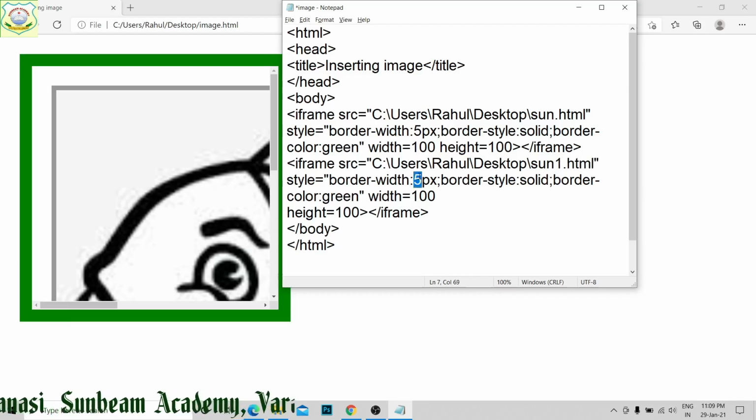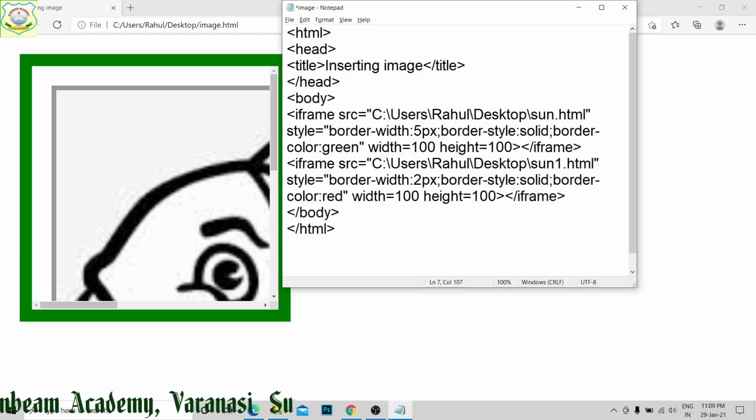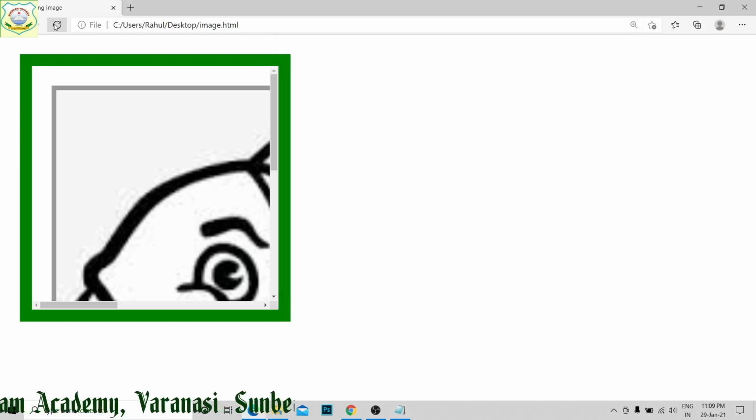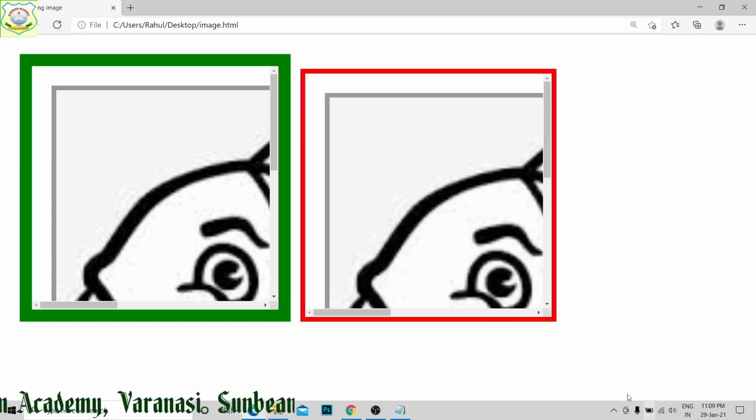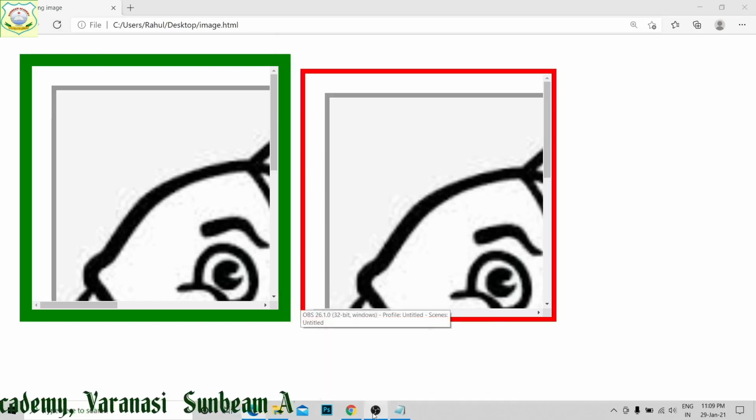Its border is 2 pixels, border style solid, border color equal to red, and everything is in the same way. Now say I saved this file. When I run this file, you can see over here this we have got, right students?